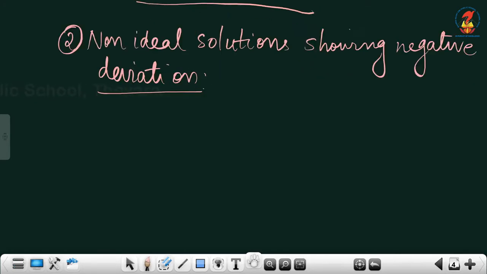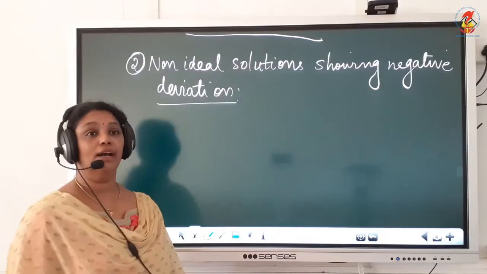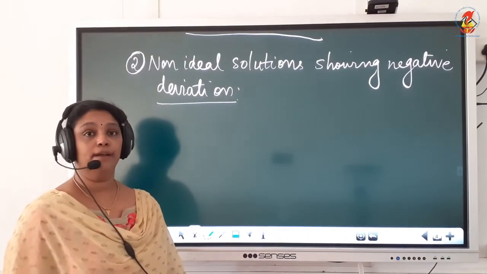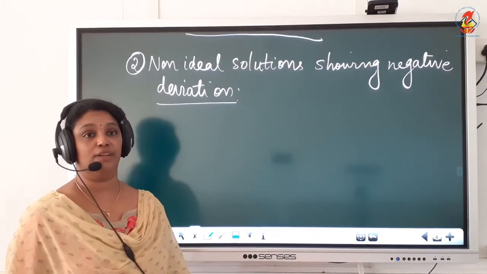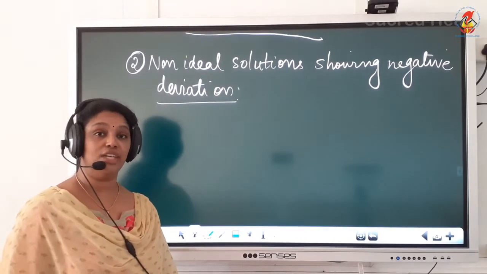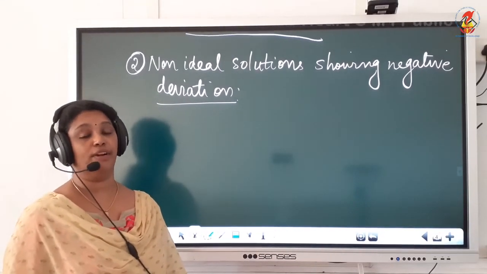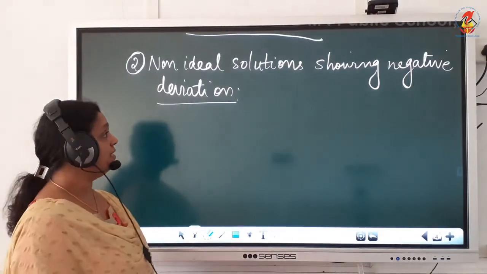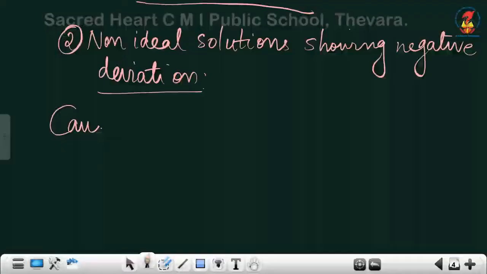In this case we can see that again this is a non-ideal solution, so it is showing negative deviation from Raoult's law. Now in this case the vapor pressure of that solution will be lower than that expected from Raoult's law. So a solution which shows negative deviation from Raoult's law has a vapor pressure lower than that expected from Raoult's law. So in this case the cause for this deviation is